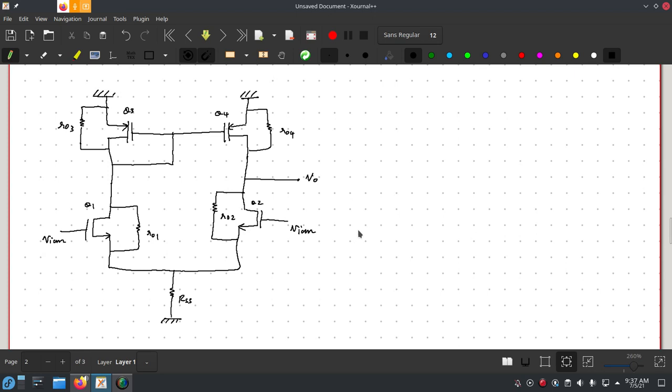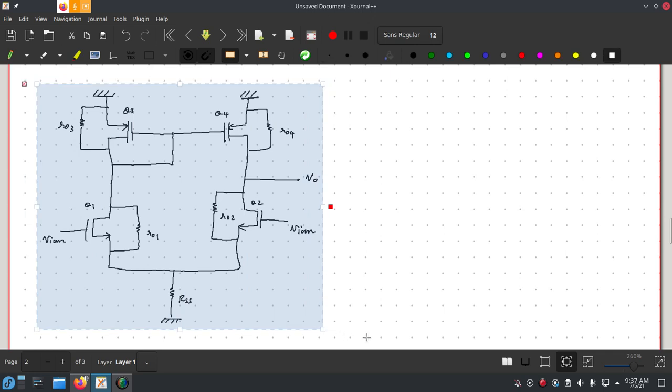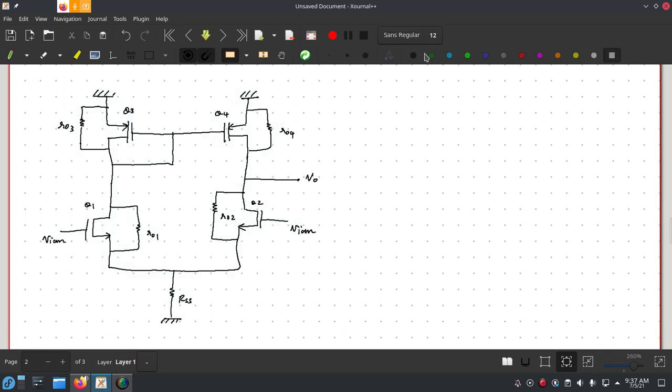Assume the currents which are flowing here are, let me just copy this because I will need it again. Now the currents which I assume are, this current I will assume as I1, and this current I will assume to be I2. Now if you look at I1 and I2, I can write I1 is equal to I2 as